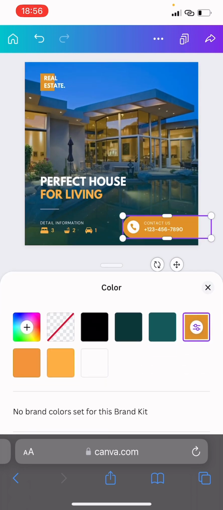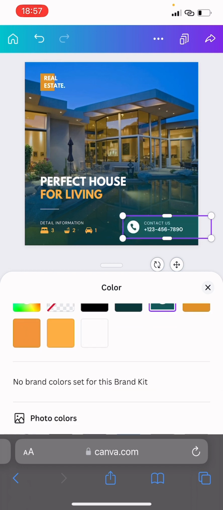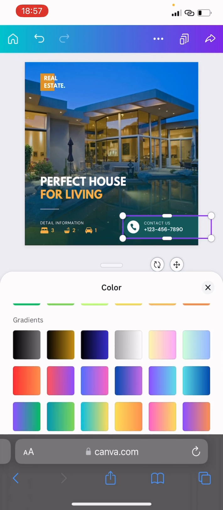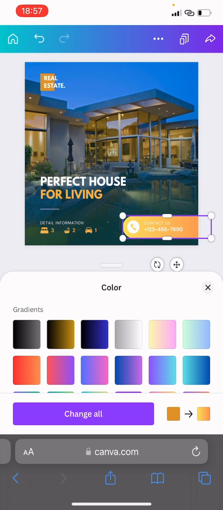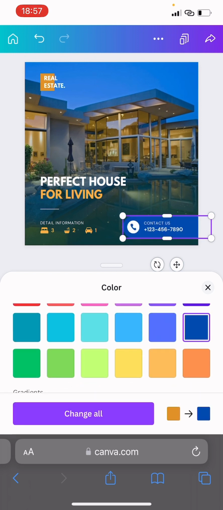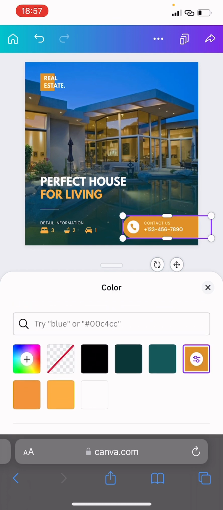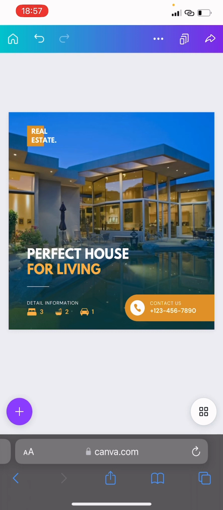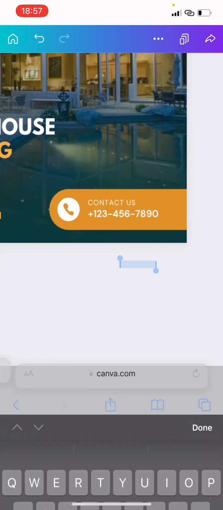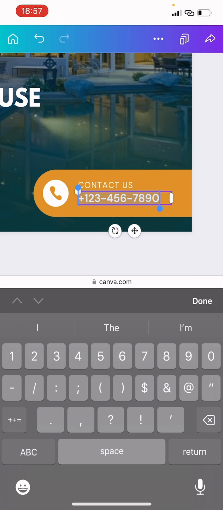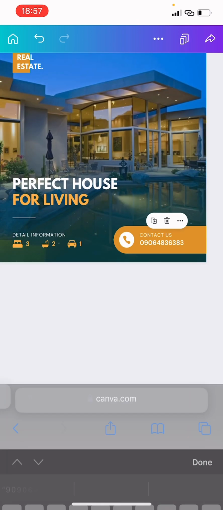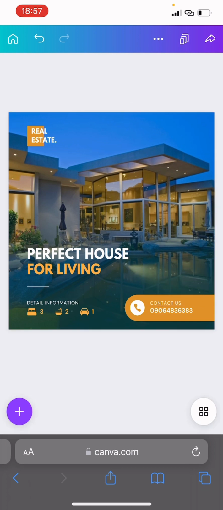You can see here, I click on this shape, and I can change the color to green. You can scroll down to find a little bit more colors. Okay, you can change it. You can have gradient, or if you want to keep it simple, you can change it to yellow. Let's make it yellow. And so you can change the contact number. Okay, let's make it 089046. So you see that's all you need to do, and you have a fantastic template